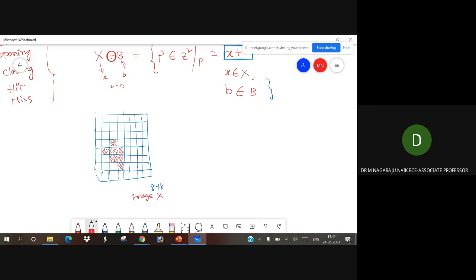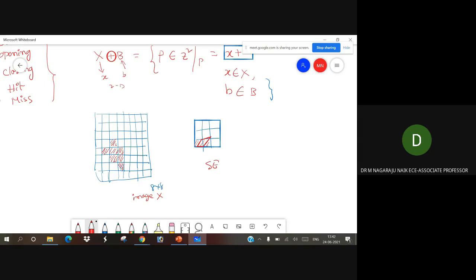X, and SE, the structural element. Now applying the dilation method.